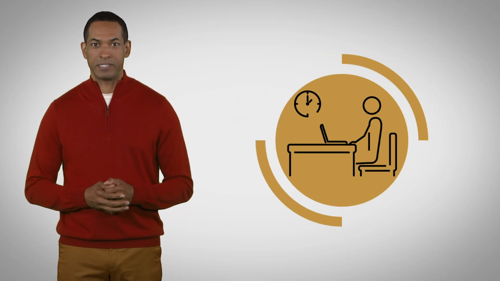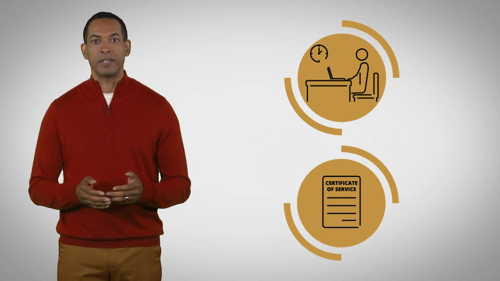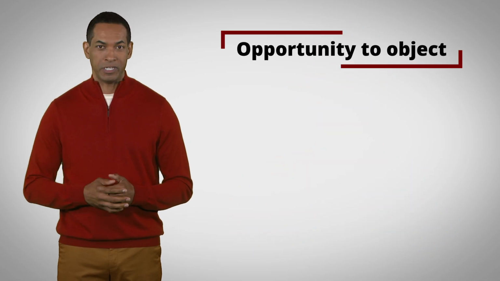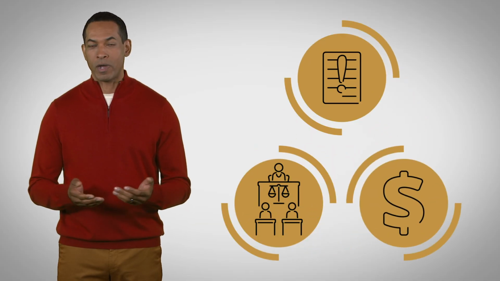If you cannot get all interested persons to sign, then you must file a petition for commissions with the Orphans Court. Provide details on what you did on behalf of the estate. You must attach a certificate of service to the petition, notifying all interested persons. This gives them the opportunity to object. If they file an objection, then the court will have a hearing to determine whether the amount requested needs to